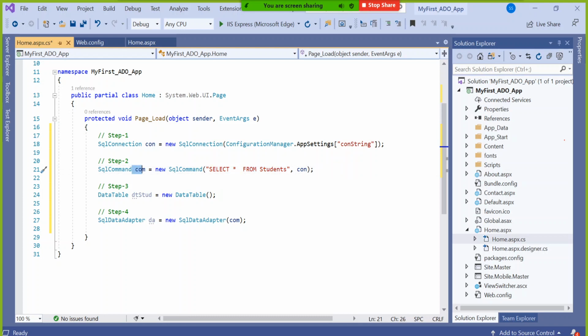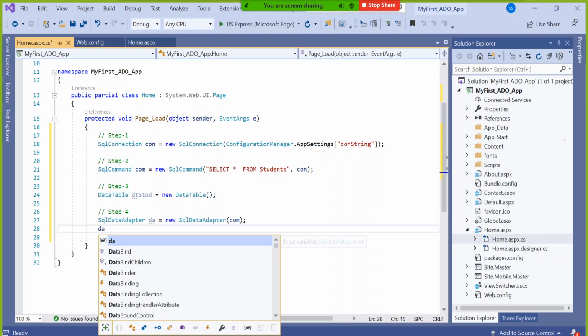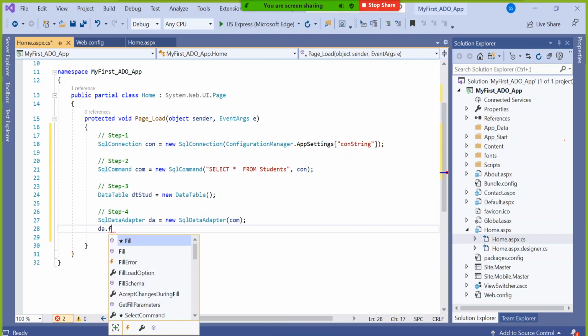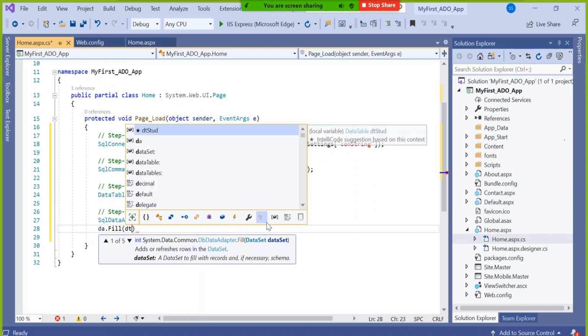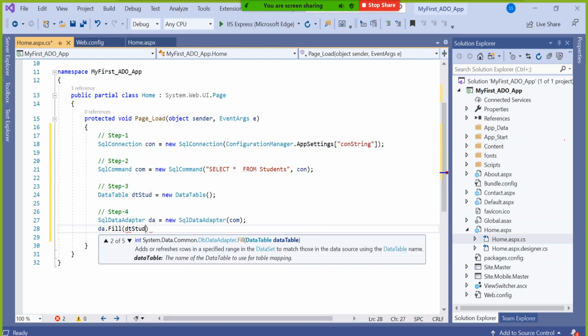If that is already contained by COM, and you are passing that COM to the object of SQL Data Adapter, then it will automatically come to know where to go, what query to fire. If the data is coming from the database, then whom to fill. This time DT student.